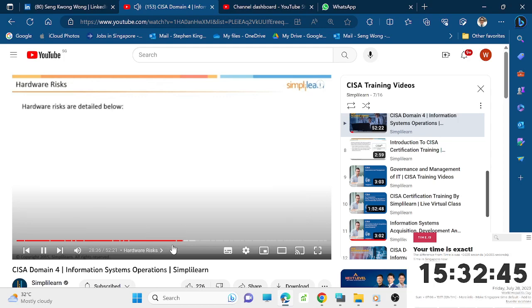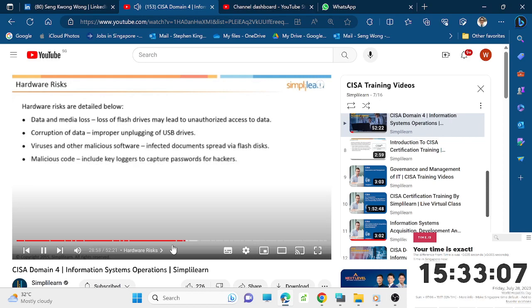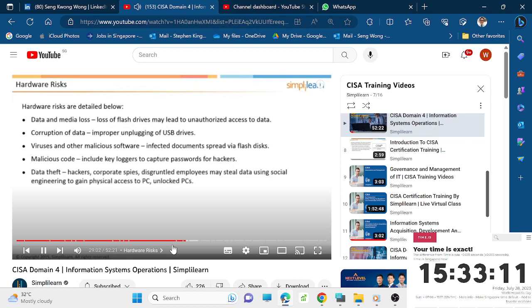Computer hardware is exposed to the following risks: data and media loss, loss of flash drives, which may lead to unauthorized access to data, corruption of data, which can simply be caused by improper unplugging of USB drives. Viruses and other malicious software contain infected documents and can spread via flash disks. Malicious code includes keyloggers to capture passwords for hackers, and data theft where hackers, corporate spies, disgruntled employees may steal data,